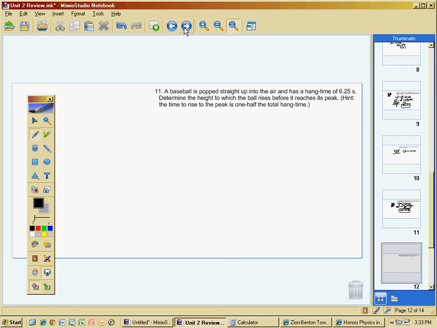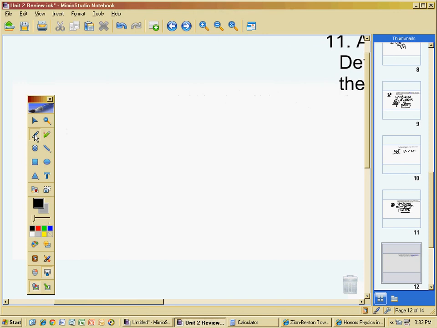Now, here's the thing. Don't get hung up on the semantics of this: before it reaches its peak. A lot of people are going to read that and go, okay, so you're not actually at its maximum height. No, you're at your max height. Don't read too much into how much before or anything like that. It's just what is your height, or how long does it take to get to your maximum height. All right, so V naught, V final, a, delta x,